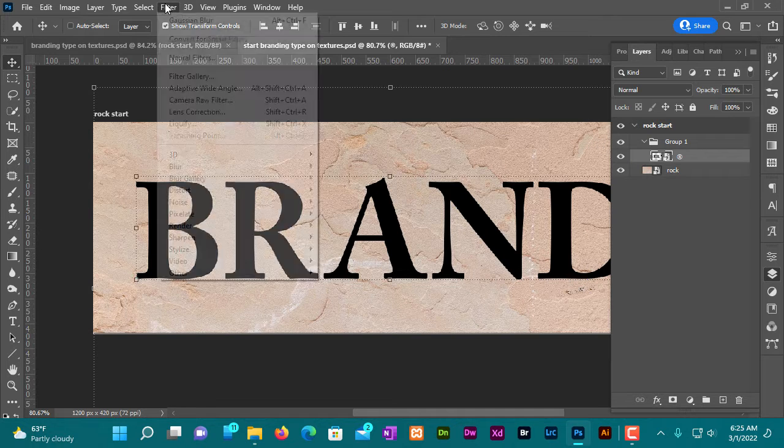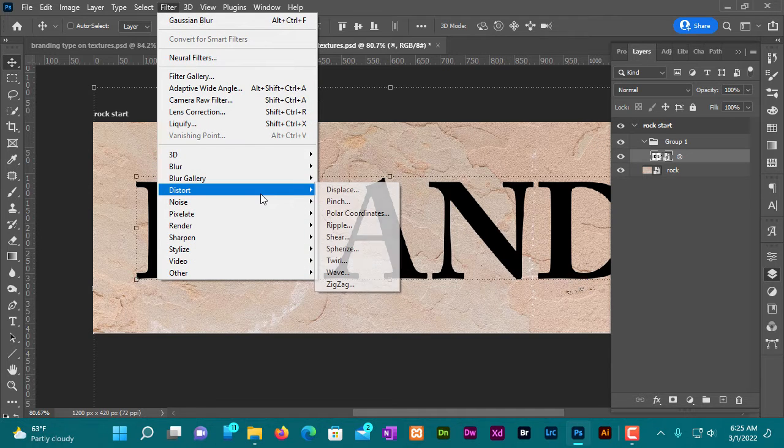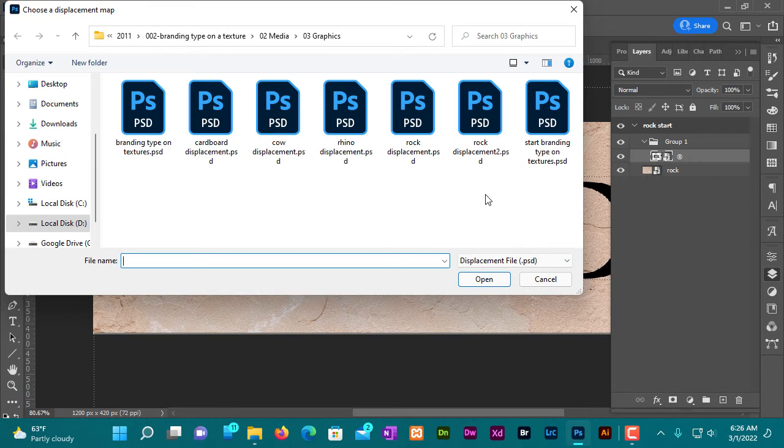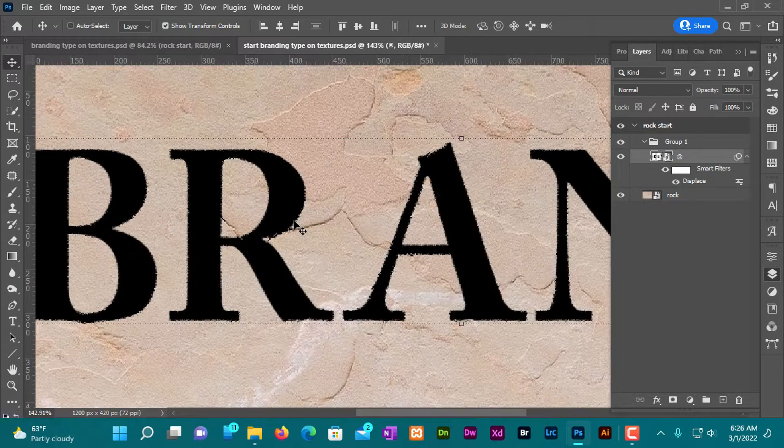Go to Filter, Distort, Displacement. The numbers that I have found to work well are horizontal scale 5 and vertical scale 5. Leave the rest as they are. Click OK. Choose your displacement layer. Click on Open. As you can see, the edges of the brand are following the contour of the texture of